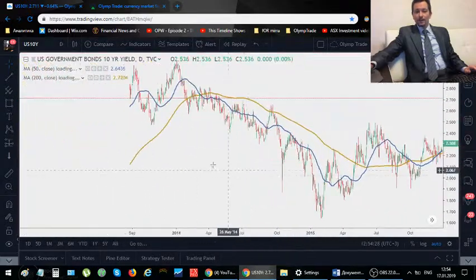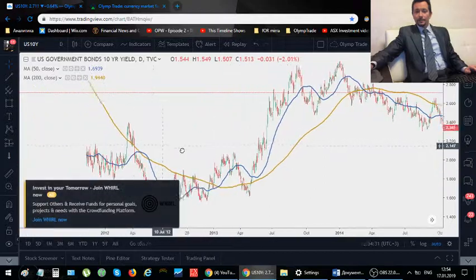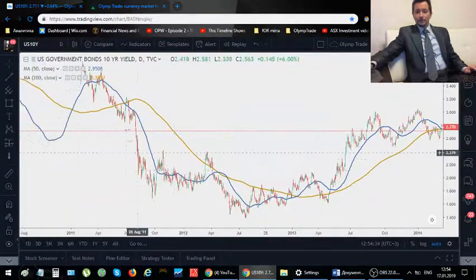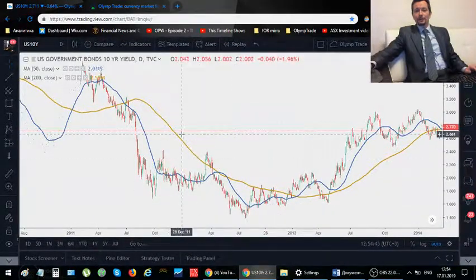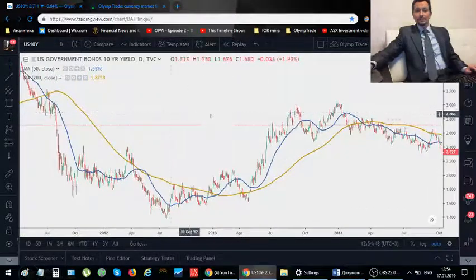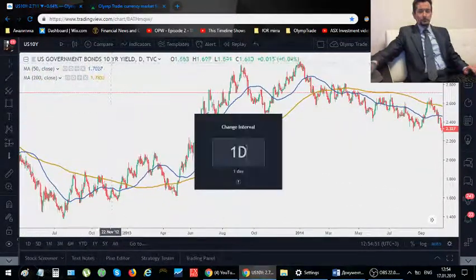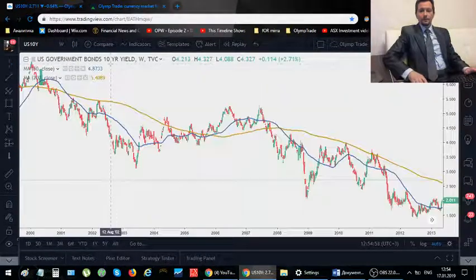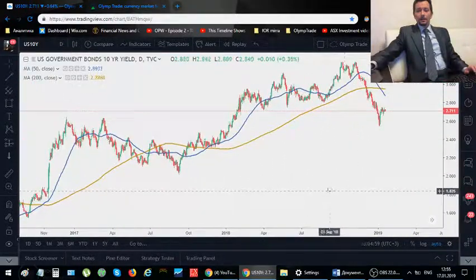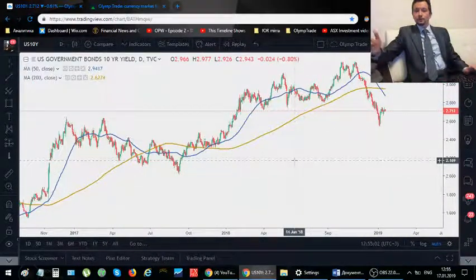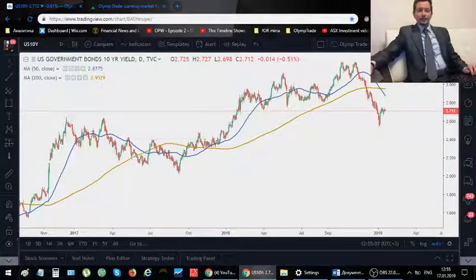If we look way back in our graph, this is a daily time frame. If we look back in our graph, here we have 2011. This is where Standard & Poor's downgraded the US credit rating. As you can see, the downward slide continued until July the next year. So right now it's a pretty interesting risk that we have. Risk scenario, and as we can see, it looks very closely related to the stock market as well.